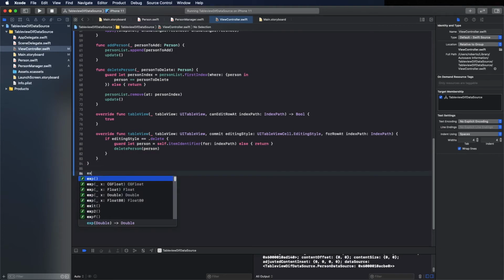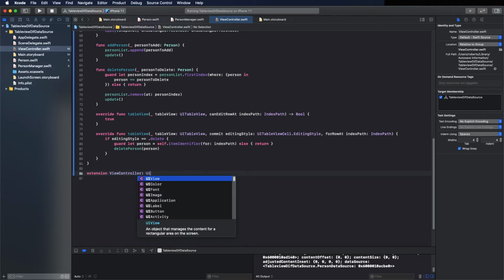Now I will show you how you can set click listeners to the items, but we will not implement any logic, just as a demo. So create an extension with the controller and use the delegate. This is similar to the way you do it when you are not using diffable data source. There is just a little change, but I will show you in a moment. So it's this one, UITableViewDelegate exactly,